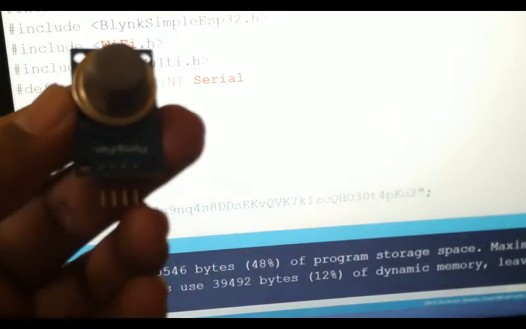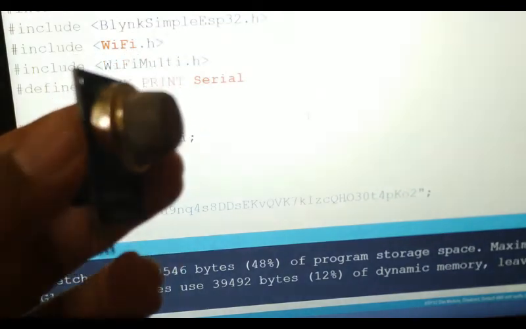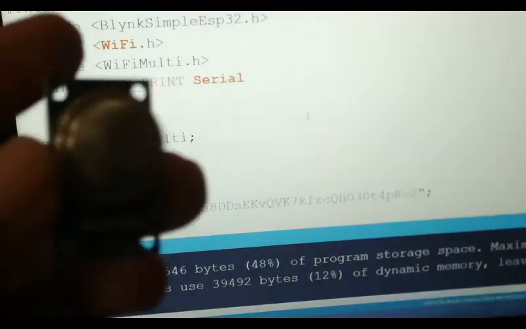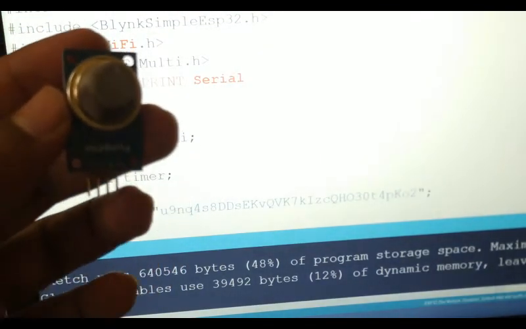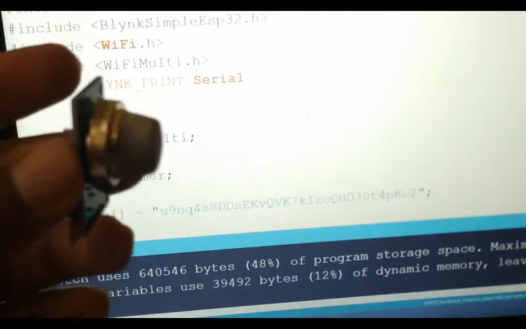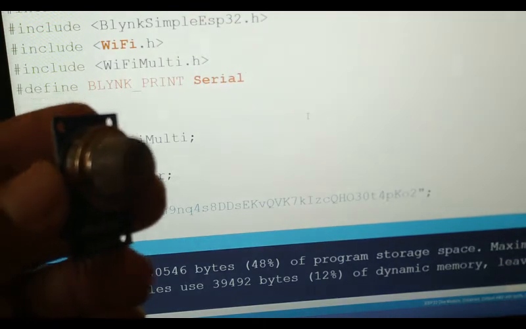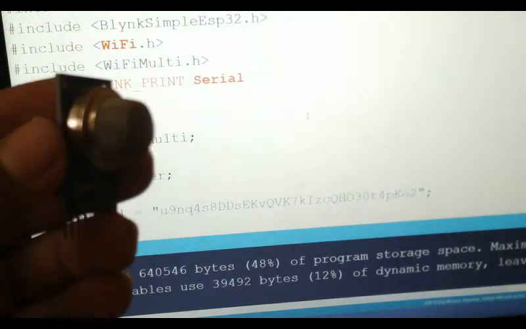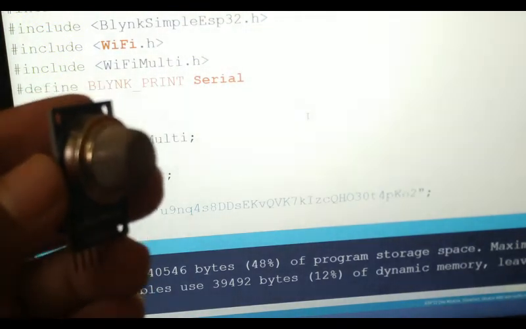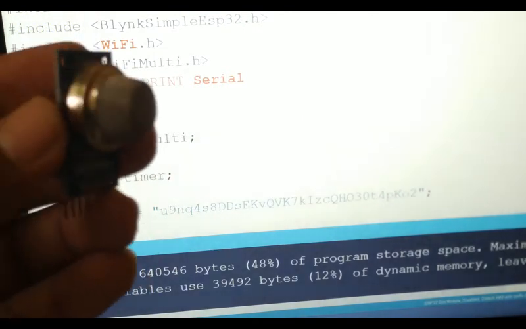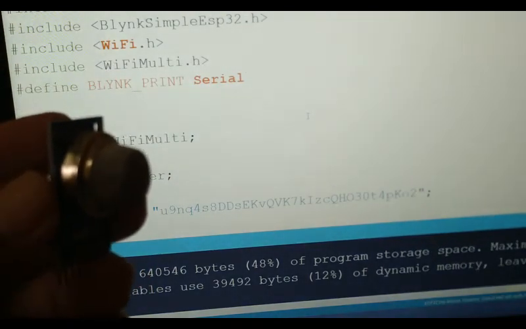So this is the MQ135 sensor. I am using this sensor to get air quality index, and I am going to upload this information to our Blink server so that anybody can view the air quality index from any part of the world. That's what our aim is.